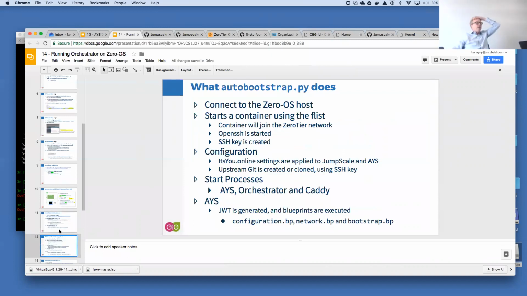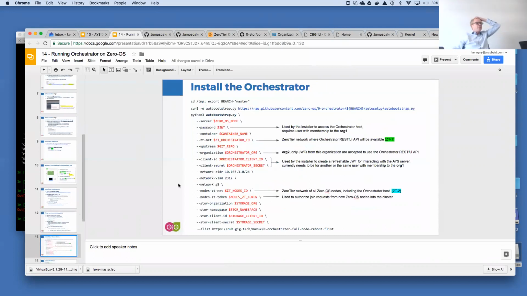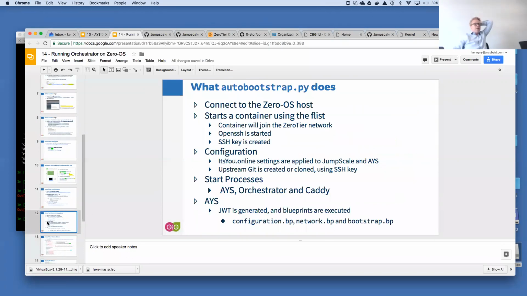Well, I'll show it in the next part, this is what you will actually do, but let me introduce it at a high level. What does this script actually do? It does a lot of things. And for those that already did the installation manually in the past on top of the Docker container, they will recognize some of these things, because that's what this script automates.